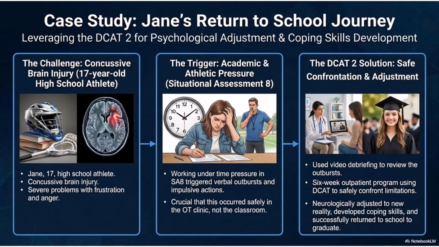Our final case highlights the second major purpose of the DCAT, psychological adjustment. Jane is a 17-year-old high school athlete with a concussive brain injury who exhibited severe problems with frustration and anger. During DCAT Situational Assessment 8, working under time pressure triggered sometimes severe verbal outbursts and impulsive actions. By having this happen safely in the OT clinic rather than in a classroom, the therapist was able to use